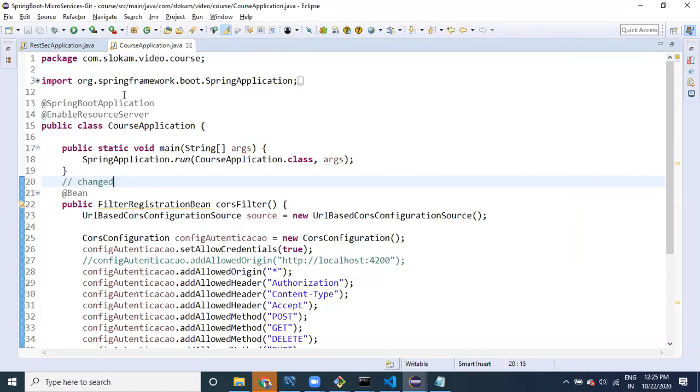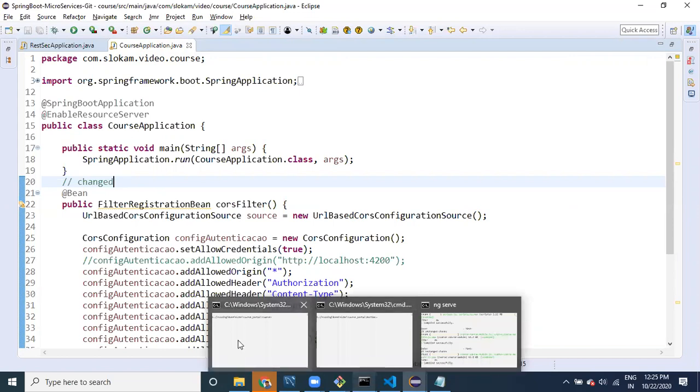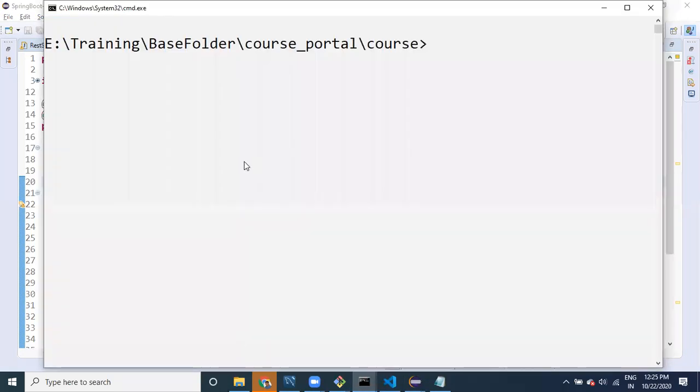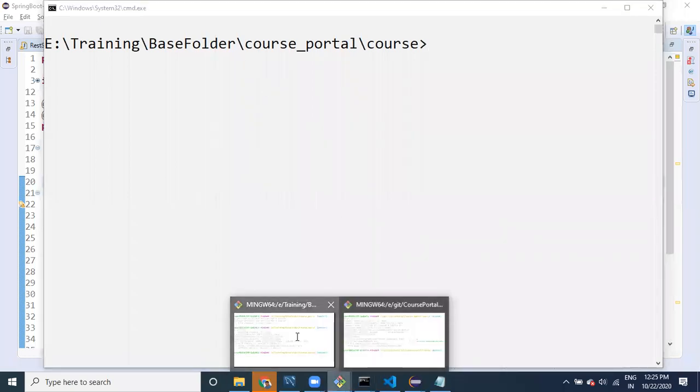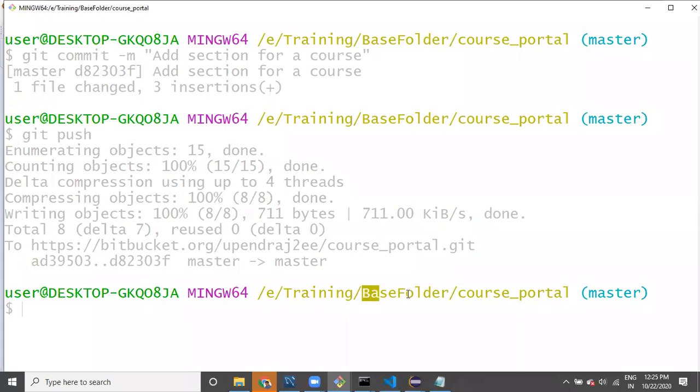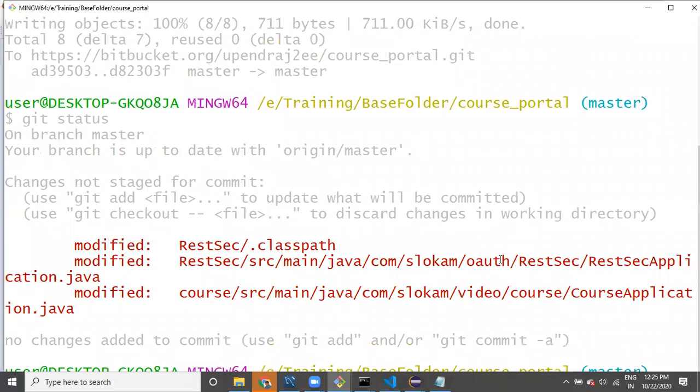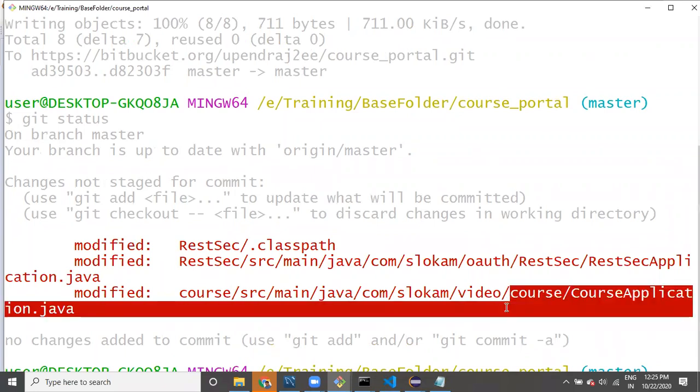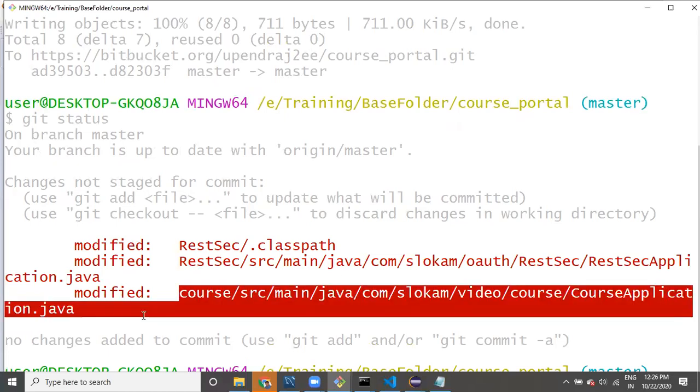Go to the base folder developer. Yes, the base folder developer has changed the code. If I say git status, you can see one file is modified in the course, CourseApplication.java. Assume we have modified this file.